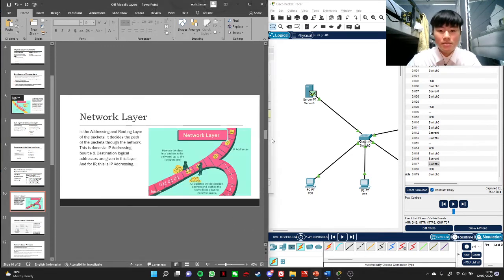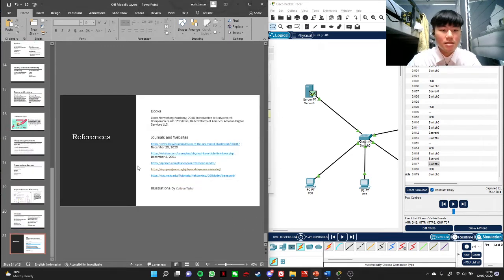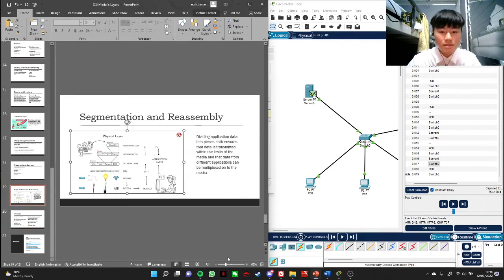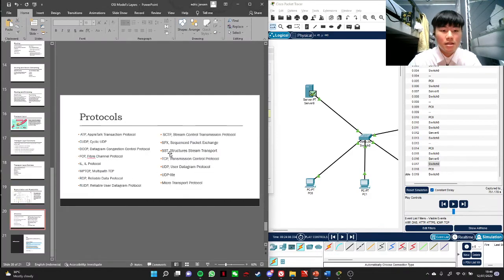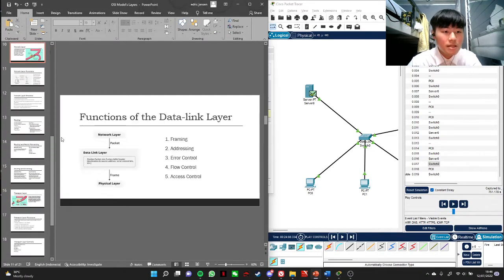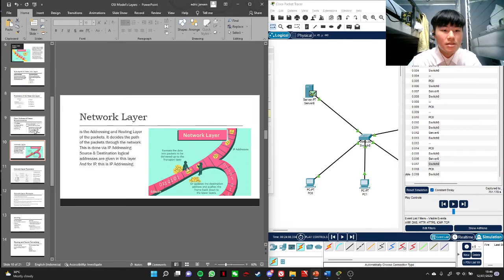So maybe we can skip a little. Maybe we can see here, the data link layer. So you get the framing, and then it will do the multiplexing or demultiplexing. This will come later. Then let's move on to the